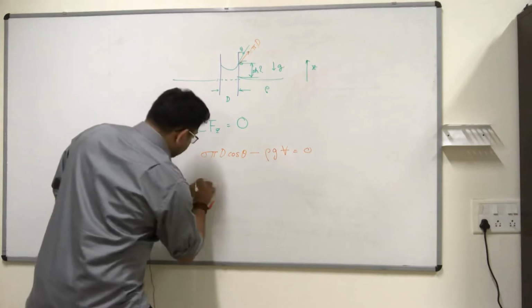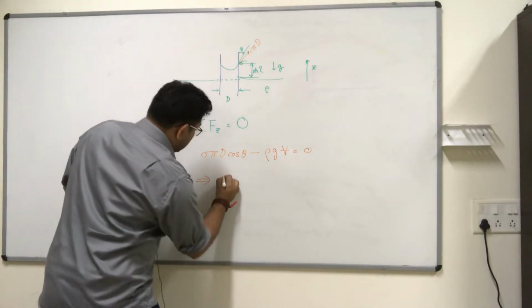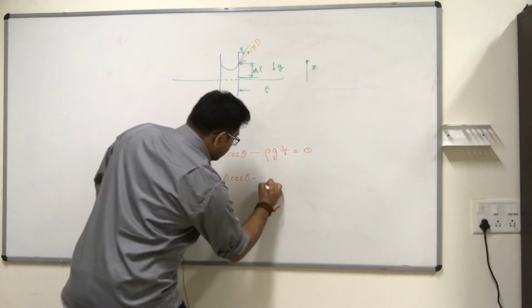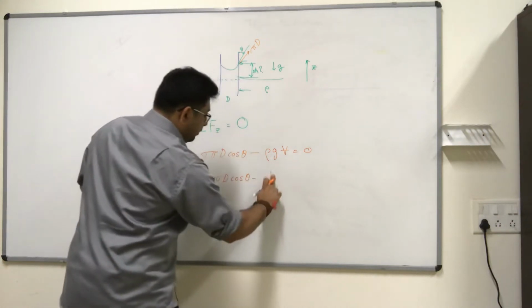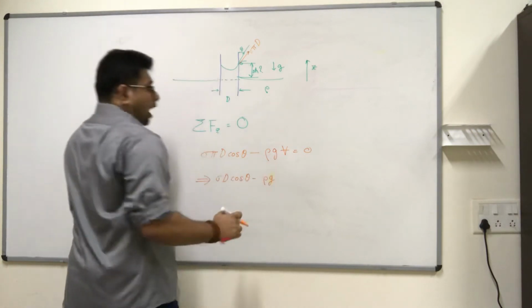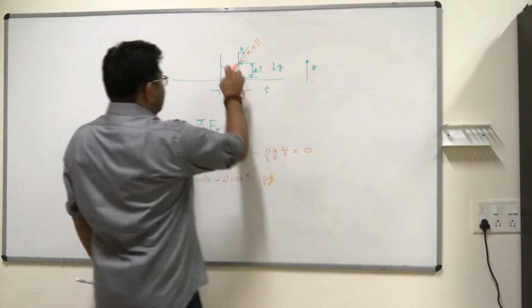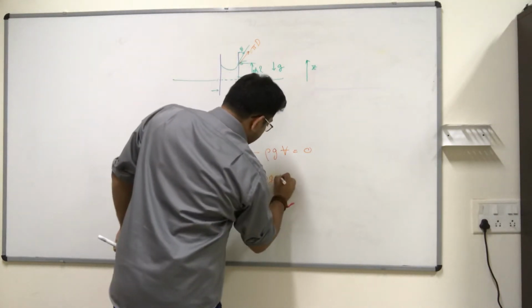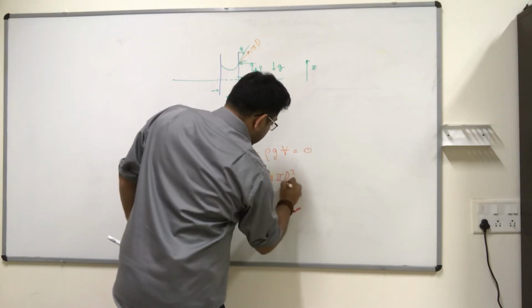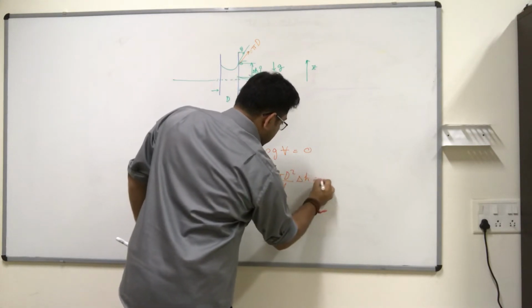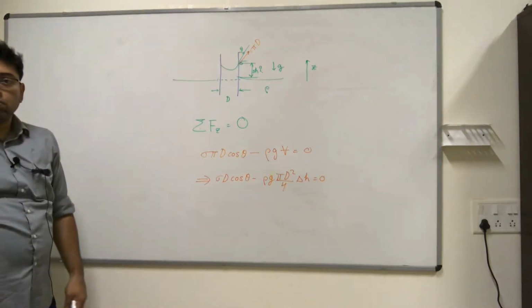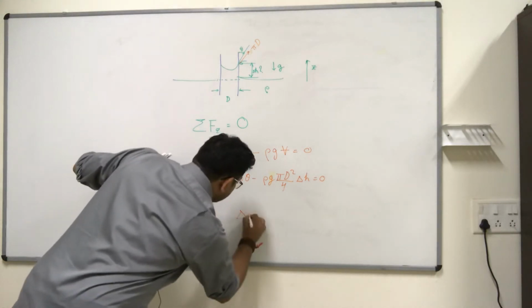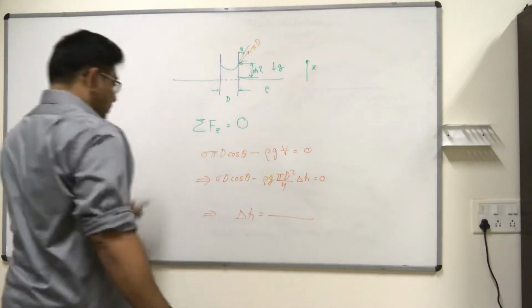So you have here, okay, so you have sigma d cosine theta minus rho g. And what is the volume? So let us say we neglect this missing volume here, and if we can approximate it, then we will just say that the volume is this much, right? So we can now easily solve for delta H, which we will get as